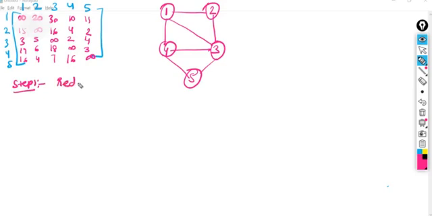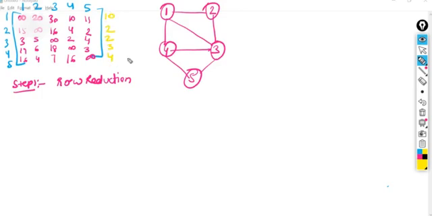So our first step, in order to get clarity here, is row reduction. I'm just writing here row reduction. So how can you do the row reduction here? First do the row reduction, then column reduction. Take out the minimum value from each row. What is the minimum value row wise? 10 is the minimum value row wise. 2 is the minimum value in this row. 2 is the minimum value here. 3 is the minimum value and 4 is the minimum value.